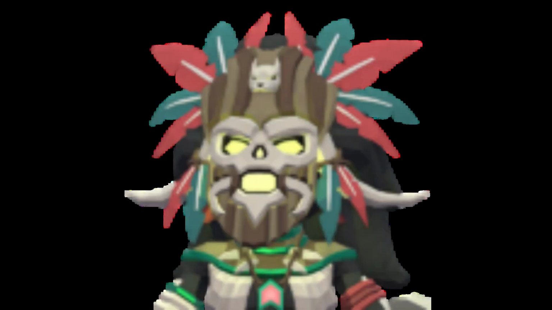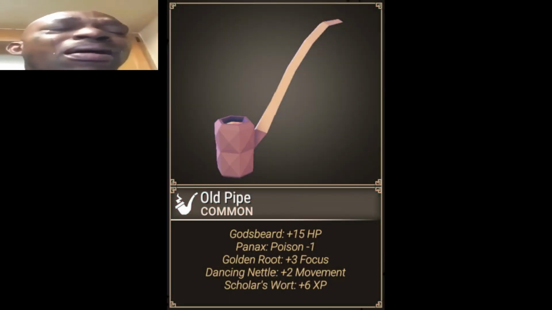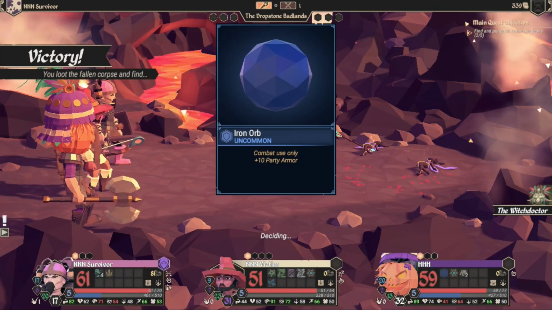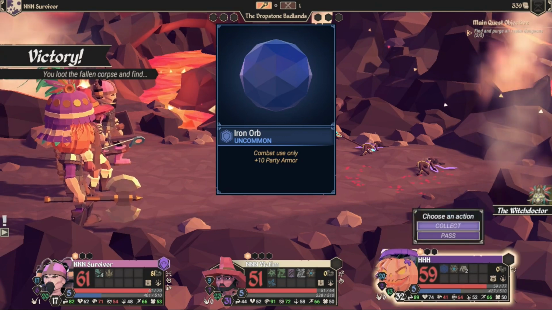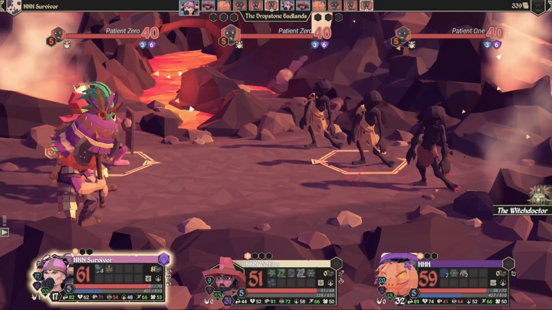The Witch Doctor is a new scourge added in this update. You know how I made a joke in the scourge video saying no smoking? Well, this is actually kind of what she does, as she reduces each party member's pipe by 1 level. Alongside making your herbalist very upset, she will also randomly ambush the party with diseased corpses after any fight on the overworld. These corpses will, as the name implies, infect your party with many different diseases that are added in